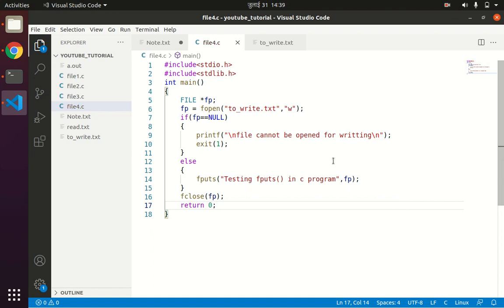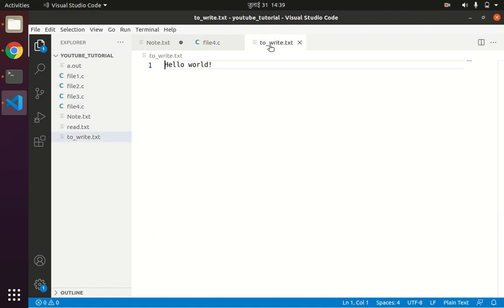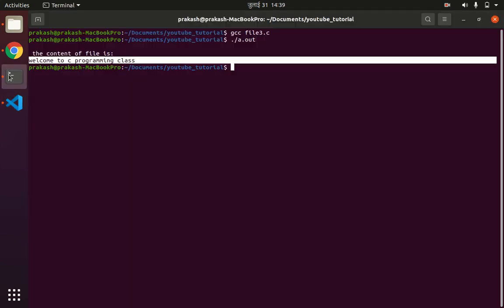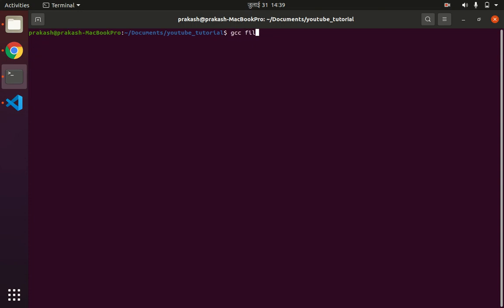Now you can see the content. Before execution the content of 2write.txt is hello world. Now what will happen if I execute this program? gcc file4.c, ./a.out.